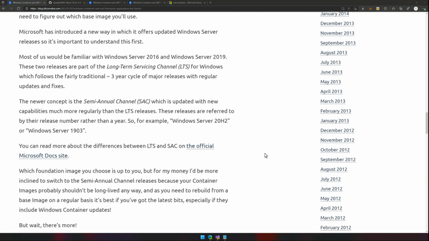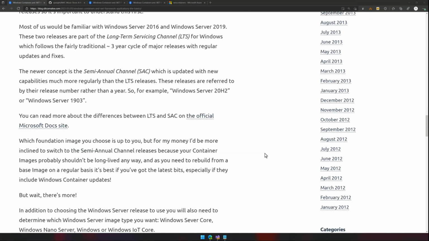But there's also a second new concept, which is called the semi-annual channel, or the SAC. And you may have seen this in your environment, where you now have this idea of something weirdly named Windows Server 20H2, or Windows Server 1903. Which, if you're like me, you look at that and you go, it doesn't really tell me anything, but there is meaning in the 20H2 and the 1903 release numbers, and they're released on a much more regular cadence than those LTS versions are.